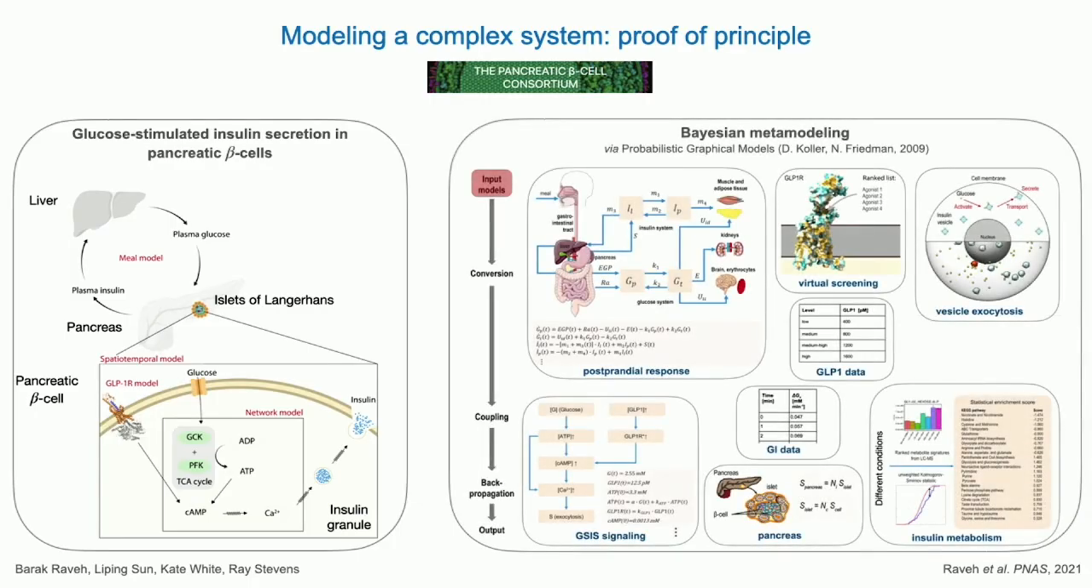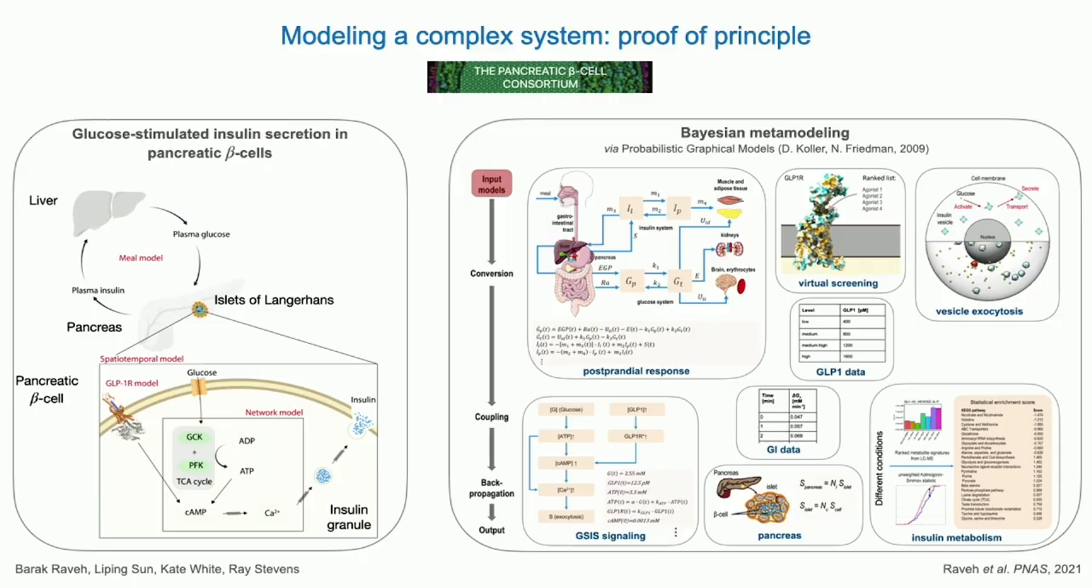I know time is an issue, so let me rush through a simple toy model where we demonstrated the idea. We were concerned with glucose-stimulated insulin secretion in pancreatic beta cells, which is clearly a multi-scale system. There are organs like liver, pancreas, obviously. There are cells. There are pathways in cells. There are molecules in pathways, small molecules, biomolecules. And there were a number of different types of models that describe different aspects of this hierarchy,